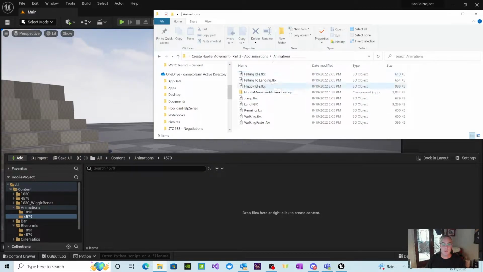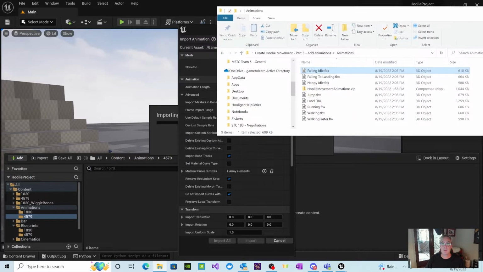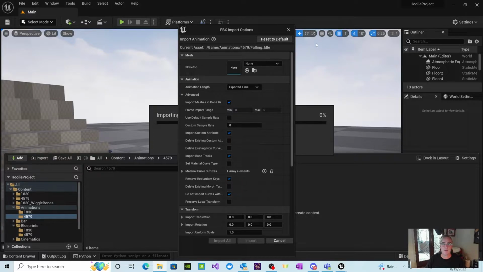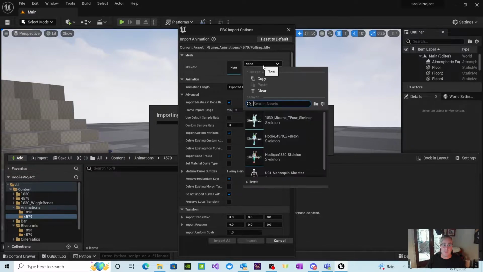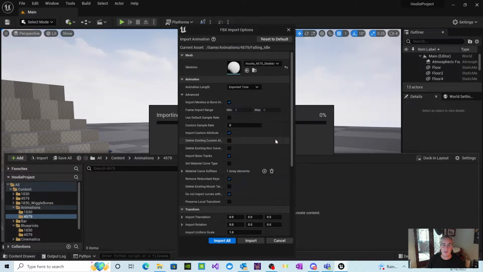So I'm going to go ahead and just start to drag these in. So, falling idle, and what you're going to want to do here is just reset to defaults. There's not anything special we're going to do here. Since this is an animation without a skeleton, you need to choose the skeleton you want to apply it to. In my case, I'm going to use the Hooli 4579 skeleton and leave all the other defaults, and I'll